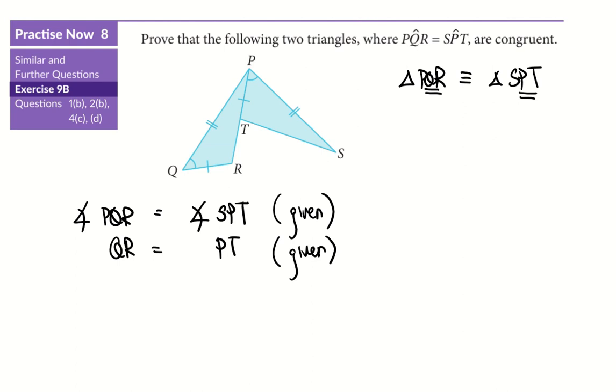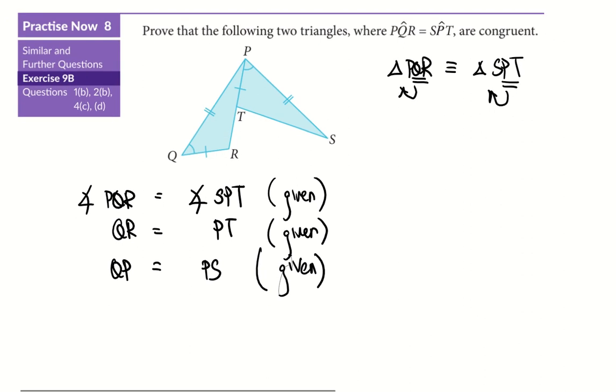Last but not least, Jeff. Yeah? Alright, so Jeff wants QP. So QP is this way, PS is this way. Can you see? So QP is equal to PS. What's the reason? It's given because it's shown in the diagram as well. Then what do we need to do? We need to conclude. Triangle PQR is congruent